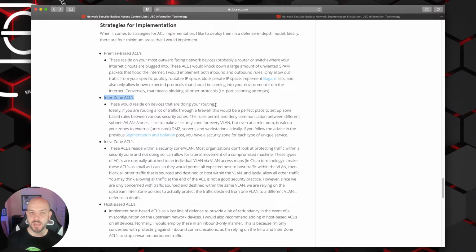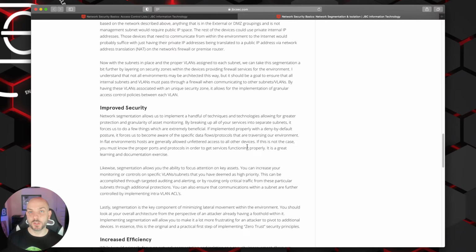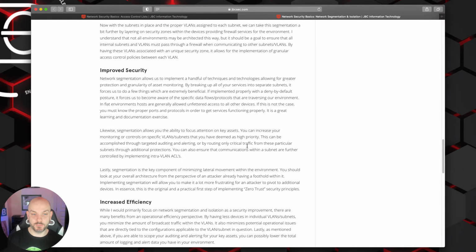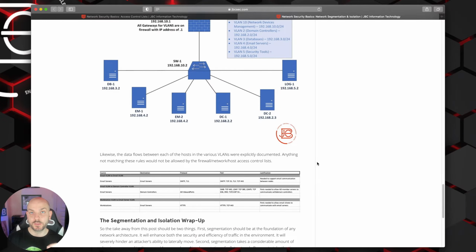You want to ensure that the domain controllers are only talking to the workstations over the correct ports and vice versa. You don't want everything able to communicate with each other over any ports. That's how you end up in some very sticky, bad situations from a security perspective. When you are doing that, I should mention, it does take a lot of work. It's normally easier to do at the beginning of building a network than after the fact, because there's a lot of documentation and testing to make sure that you have the right policies in place and you aren't blocking